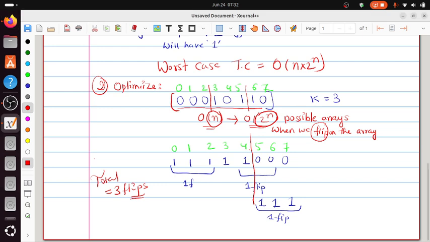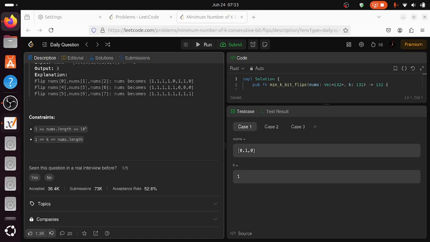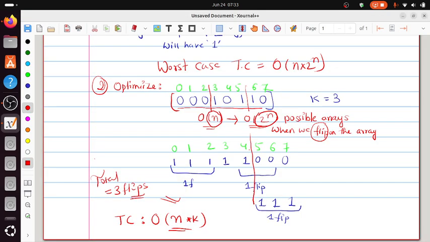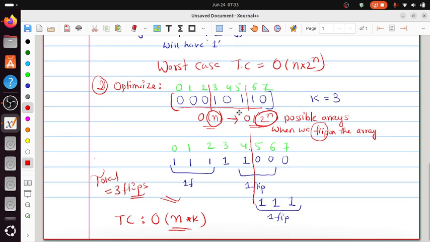So in this way, the time complexity would be order of n into k. Is it giving the better answer? Is what we know? No. You can try implementing this. Let's try implementing this and then see what does it say. Can we do it in better than order of n into k? We can. I think we can do better than this because